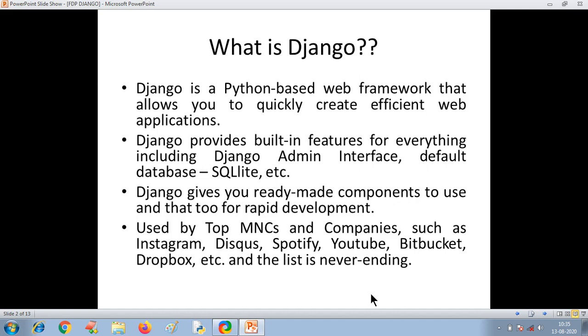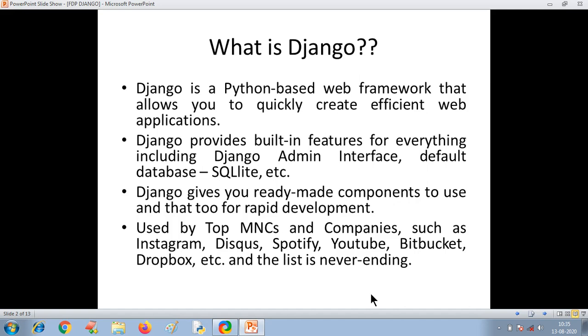SQLite is the default database for Django framework. Of course, you can also use some other DBMS like MySQL or PostgreSQL, all these things, right? Or you can also use MongoDB along with this Django framework. So it supports all kinds of DBMS, but SQLite is the default one.